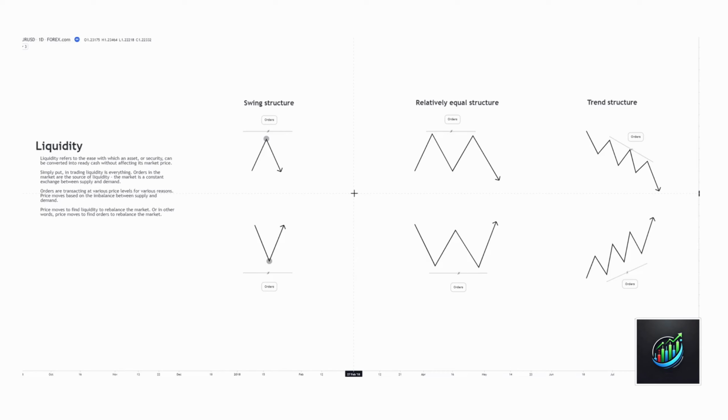Because at the most basic level, what's happening on any financial instrument that we see through a chart is buying and selling at various price levels. Demand and supply having that exchange. When price rapidly moves from one direction or the other, what that means is there's an imbalance between supply and demand, and price needs to seek liquidity pools or large collections of orders to again rebalance price. Why? Because for every buy order, there needs to be a sell order on the other end. For every sell order, there needs to be a buy order on the other end. And it's that constant battle and that constant balance in the market that causes price to move. So when we can understand from a conceptual standpoint where these large collections of orders are likely to be, we can understand why price is gravitating to them.